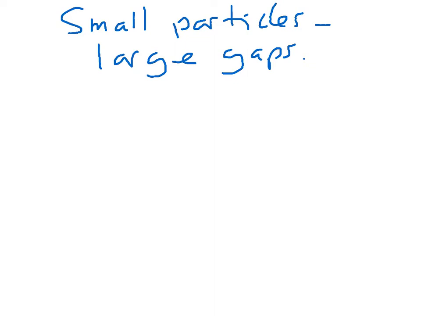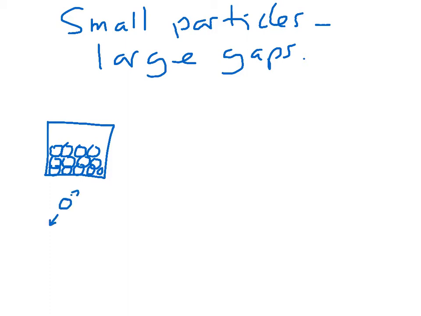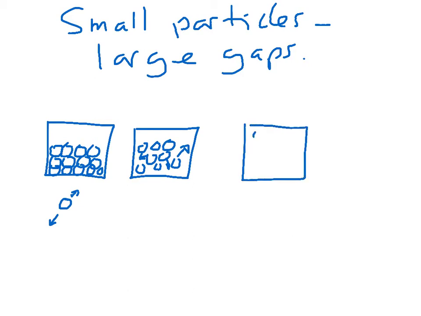You remember at key stage 3 you had solids where you drew all the particles close together. There was a small amount of movement, so you sometimes drew little arrows like this. Then you had liquids where they were randomly arranged, and these molecules were moving around. And then you had gases, just a small number